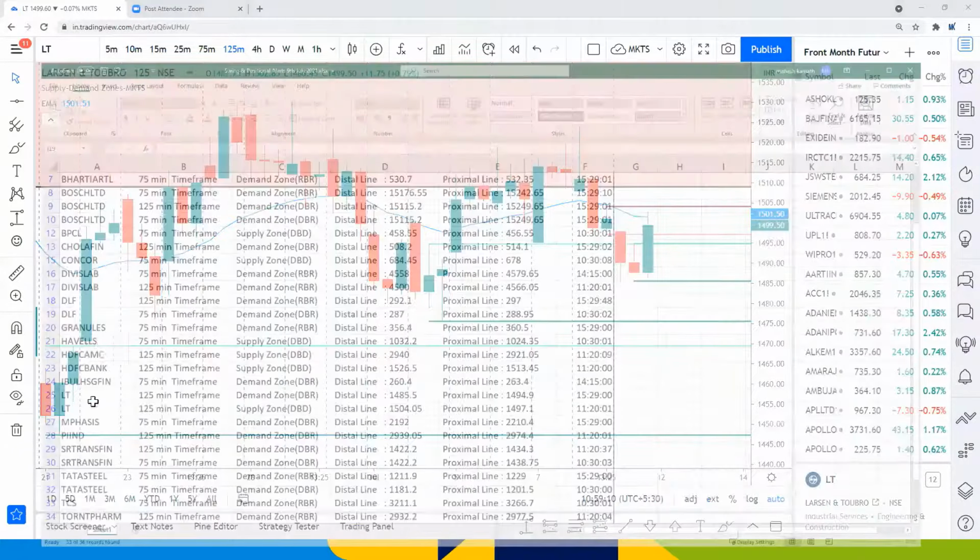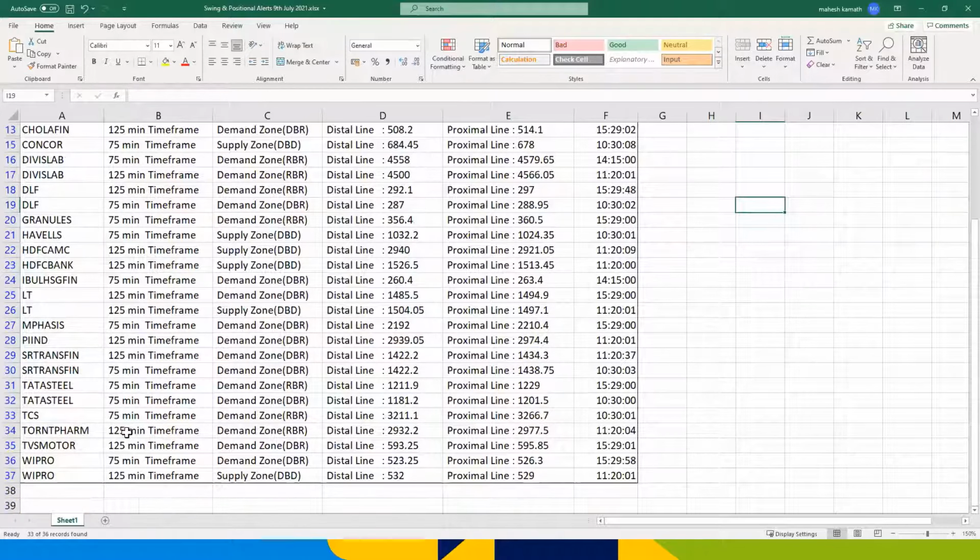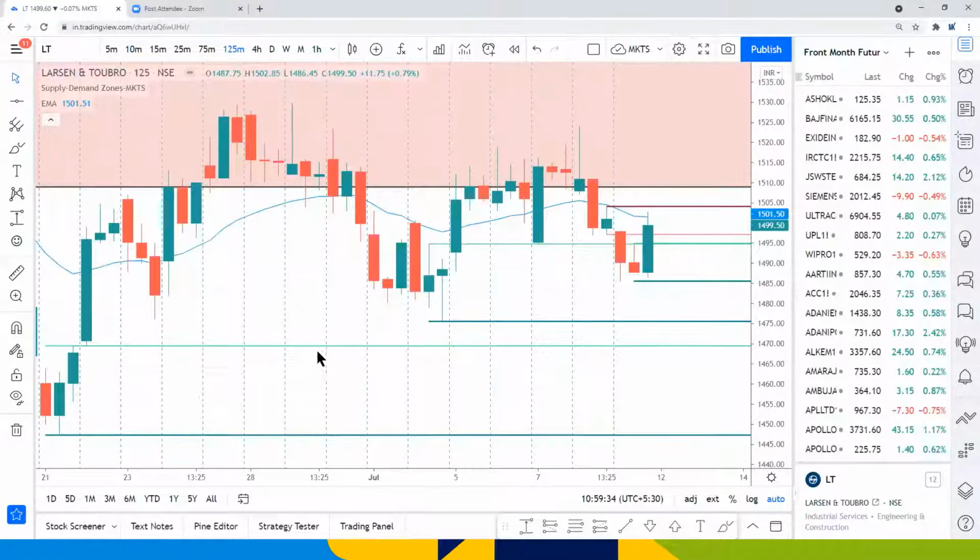So do you think this scanning tool will help you save time on picking the opportunities for trading? So that was the entire idea of coming up with this. So on a day-on-day basis, I go through these alerts, pick my stocks. So someone was asking, how will I know is price coming to a demand zone? So for that, you can set an alert on TradingView itself.